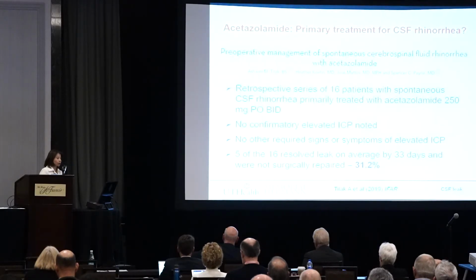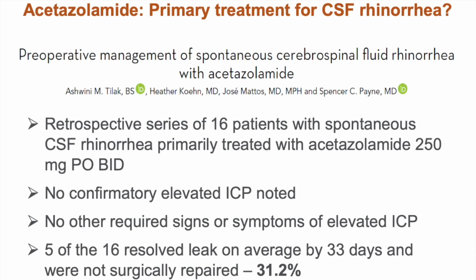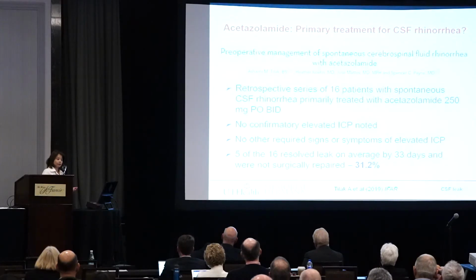I just want to highlight real quickly an interesting article that came out in 2019, where Spencer Payne's group started putting patients on acetazolamide preoperatively. They found that 5 out of 16 patients with spontaneous CSF leaks who were put on acetazolamide did not require surgical repair and stopped leaking within the month of utilization. Now, there's obviously a lot of controversy about this, but it does highlight that there may be a significant group of patients in whom elevated intracranial pressure is not the sole cause of the CSF leak,